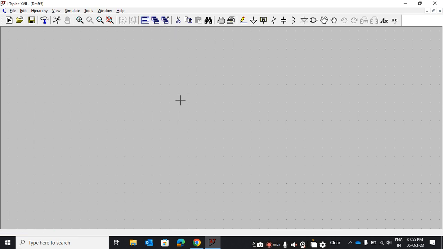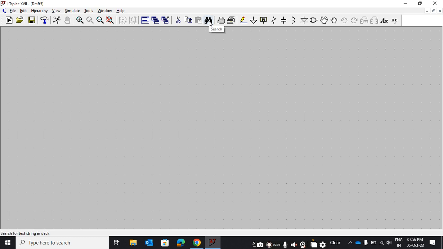If you have opened three or four schematics together, it will show all the pages in this form and this form also. And this is the cut option. If you want to delete any design track or component, you can select it and press this. And this is copy, and this is paste. There is no need to use paste; by copy you can copy and paste also, I will tell you.